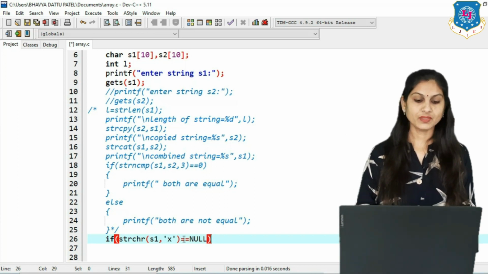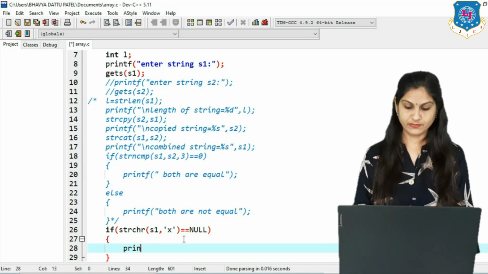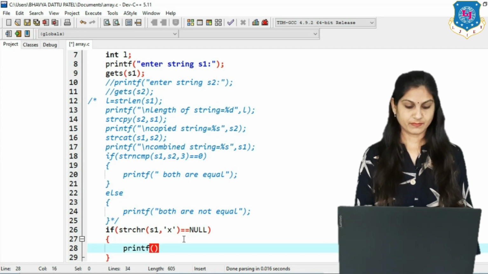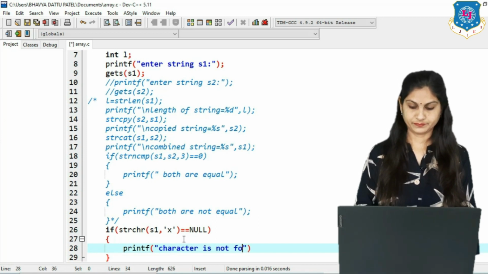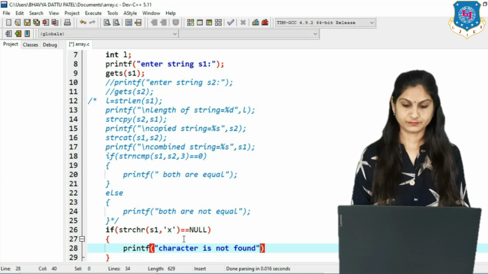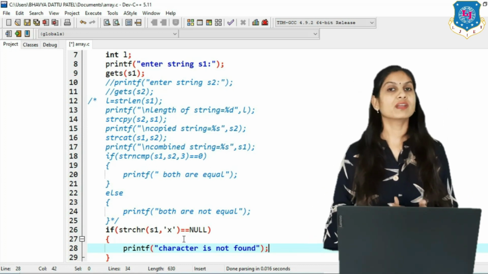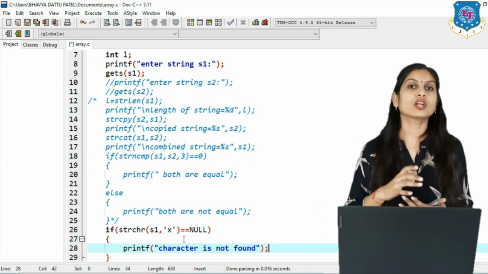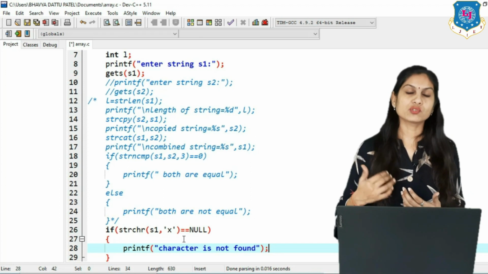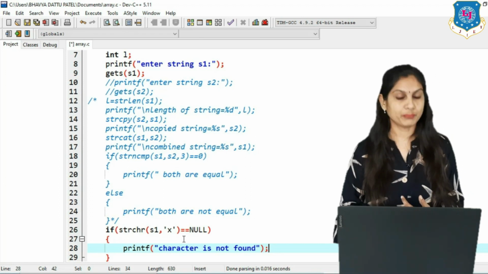Clear? And inside if, print the message printf character is not found. The meaning is what? If this condition is true, meaning we are getting null value, that means the x is not present in our string. But suppose we are getting not null value, that indicates our character is present.